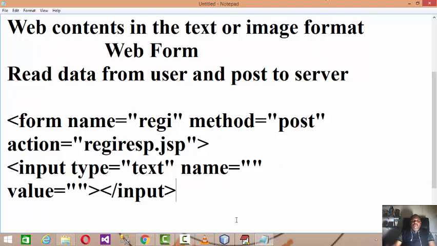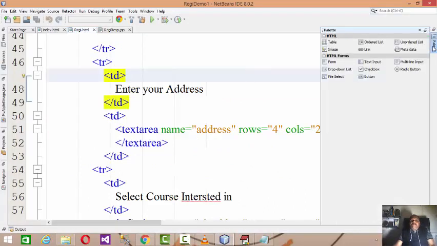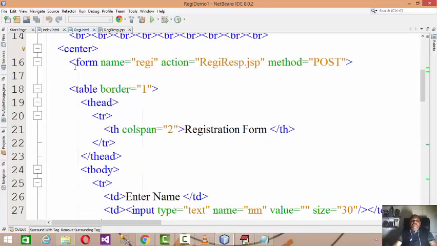But as we know, if you select the palette over here, here are the HTML form controls you will get. Here is the form tag, which is useful for designing the form, because every data you are reading from the user has to be under the form tag.